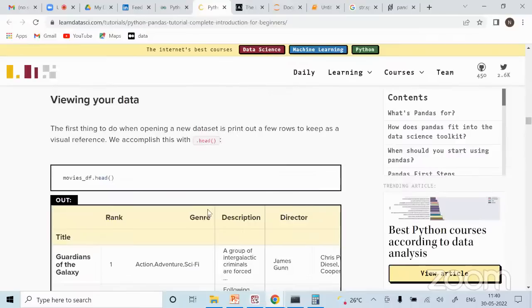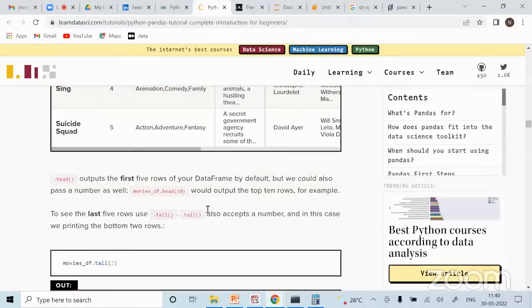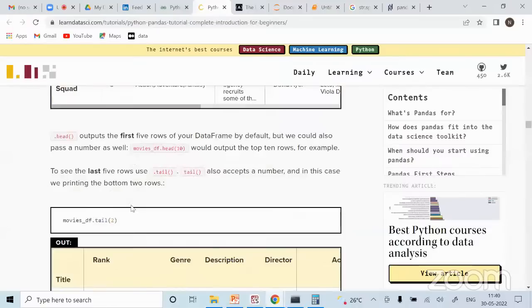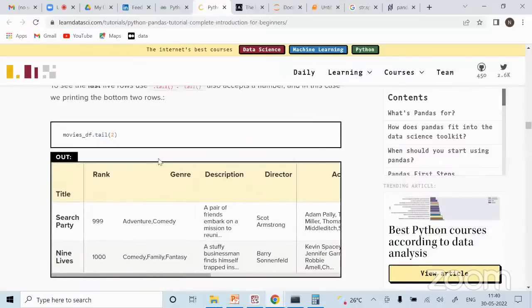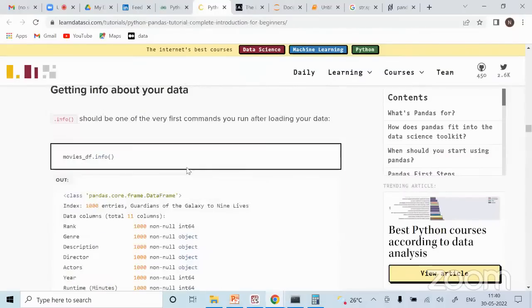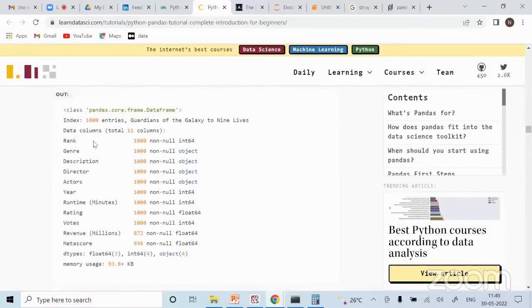Okay, then what are the most important data frame operations? We already know head and tail, just to check the top records and the bottom records of the data frame, right? Then info, to know about all the data. It will tell you how many rows are there, how many columns are there, how many non-null and null objects are there. Likewise, it has all this information.